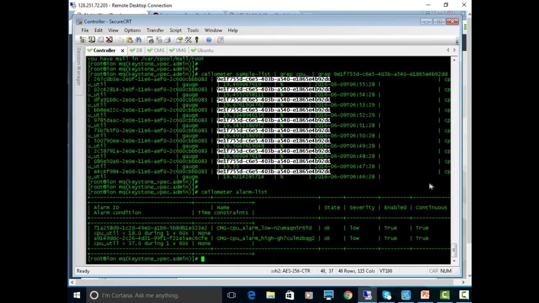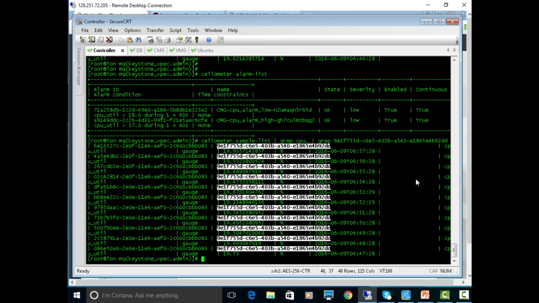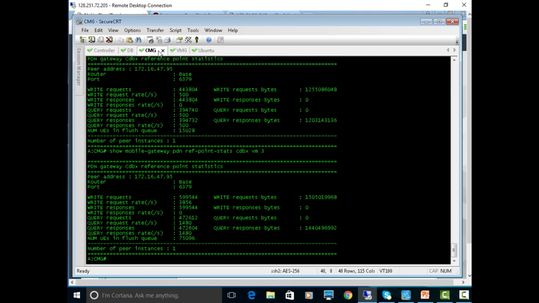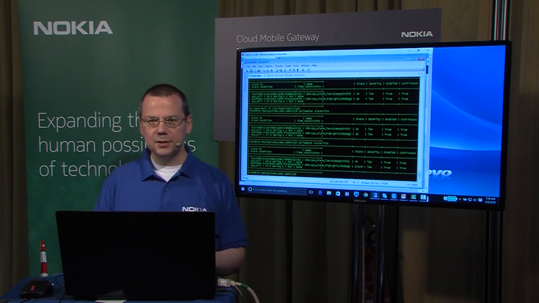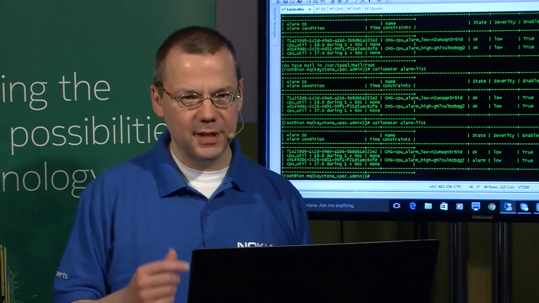So if I go back to my CPU utilization, it should go up. OpenStack Ceilometer is polling the CPU utilization every minute. So currently we are still at 19%, but it will increase. If I check my Cloud Mobile Gateway, I will see that the number of transactions has increased. So we are now here at more than 3000 write actions per second towards the database. So now we see that the alarm is generated, and then OpenStack will pick up that alarm and do the